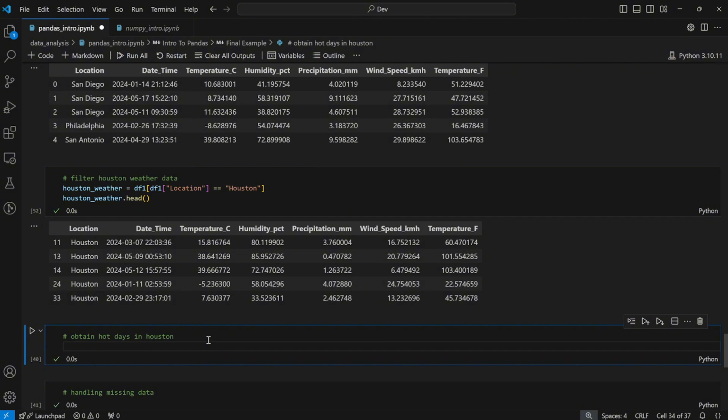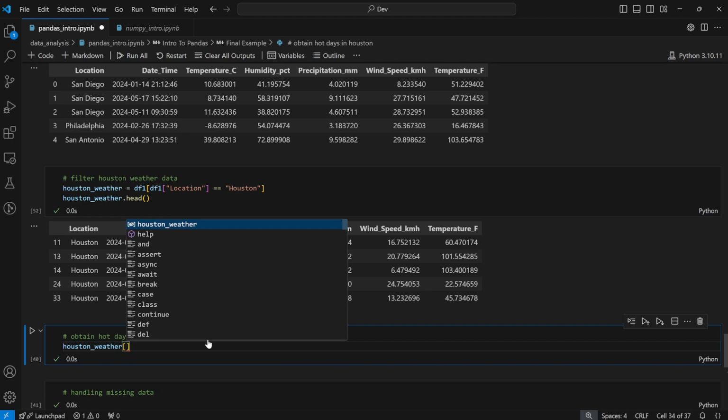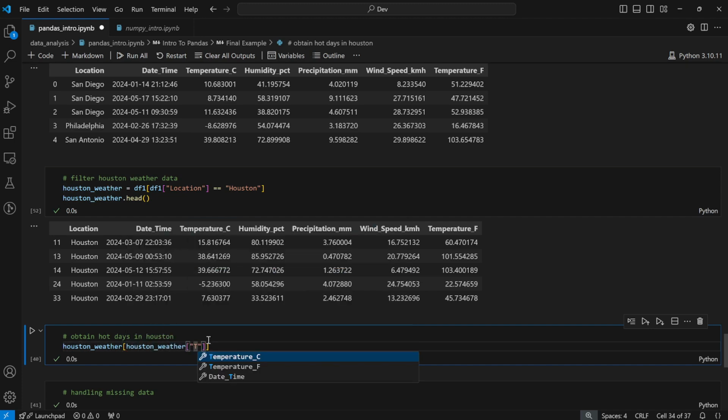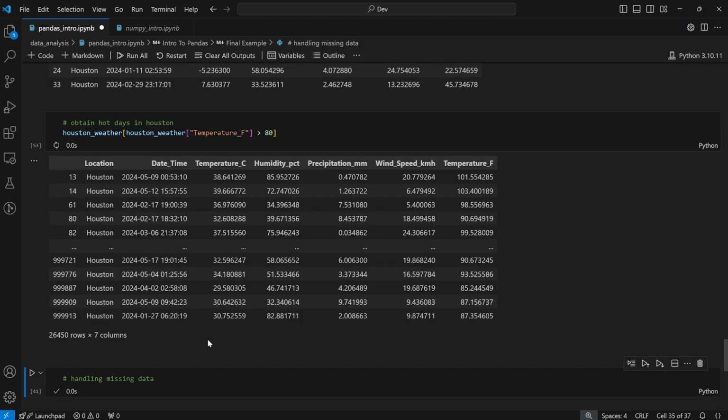And so to do this, we're going to use Boolean indexing. We're going to call our data frame, which is Houston_weather. In a set of square brackets, we need to set our rule or our condition, which will be for Houston_data, we want to get the temperatures, so any temperature in degrees Fahrenheit which is greater than 80. And so if I run this,